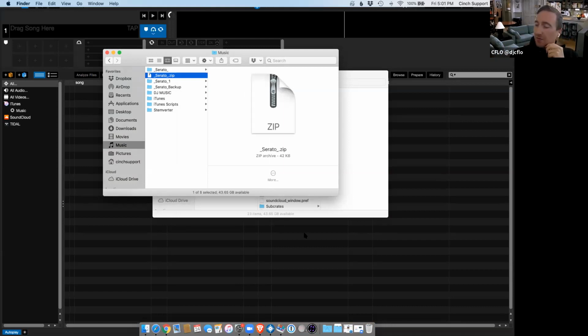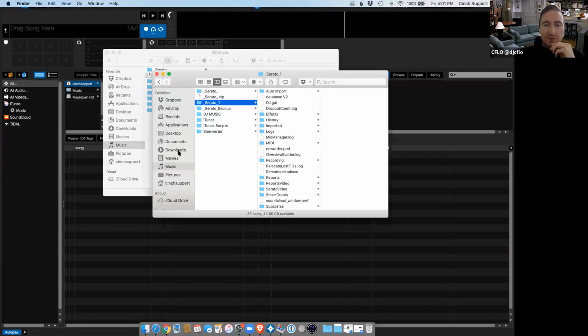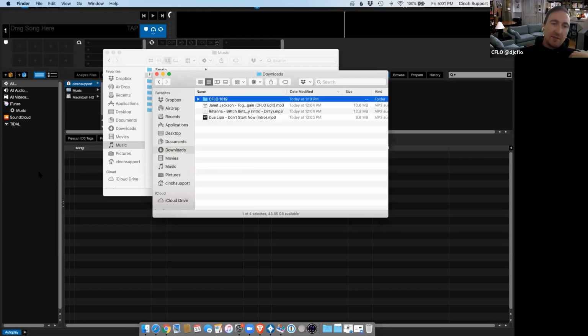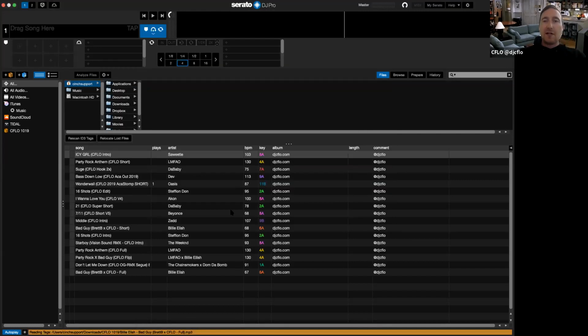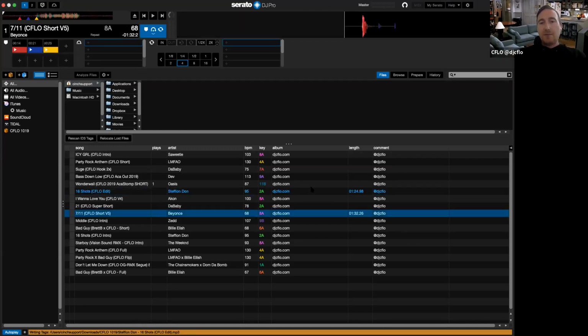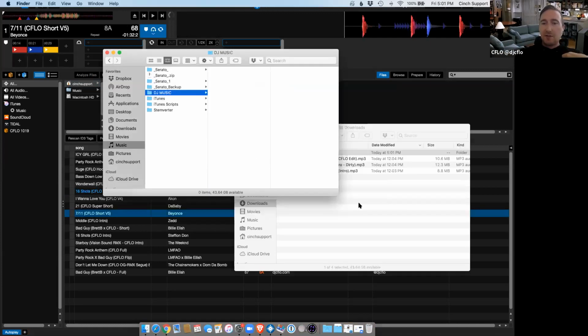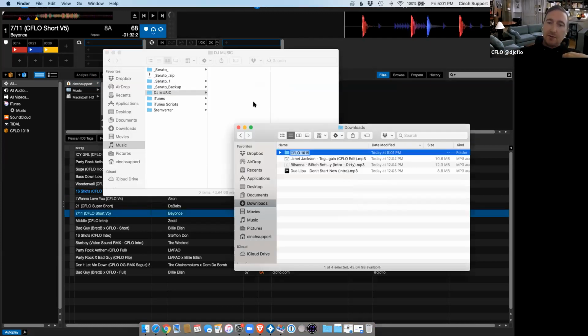Okay, another thing I want to show people that they don't use often is the file browser in Serato. So if I have songs, let's go to my downloads. I got this edit pack here from myself. Here's all the songs, right? And I can load them up, whatever. If I move them, this is if I'm not using iTunes, we're going to get there. If I move them here in my DJ music, I'm going to put this folder over here.